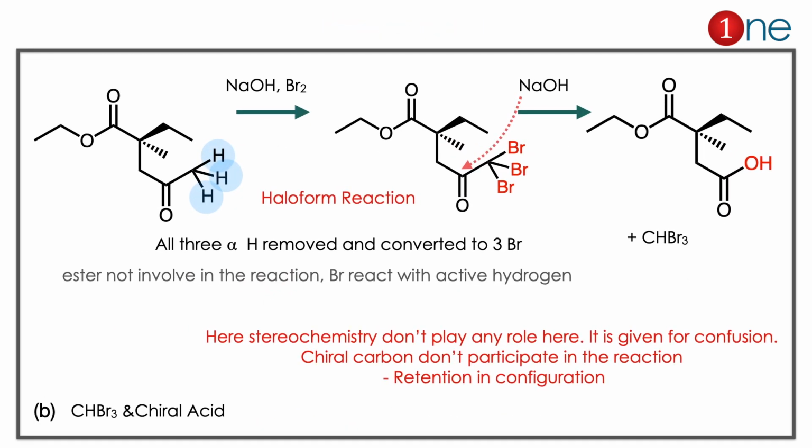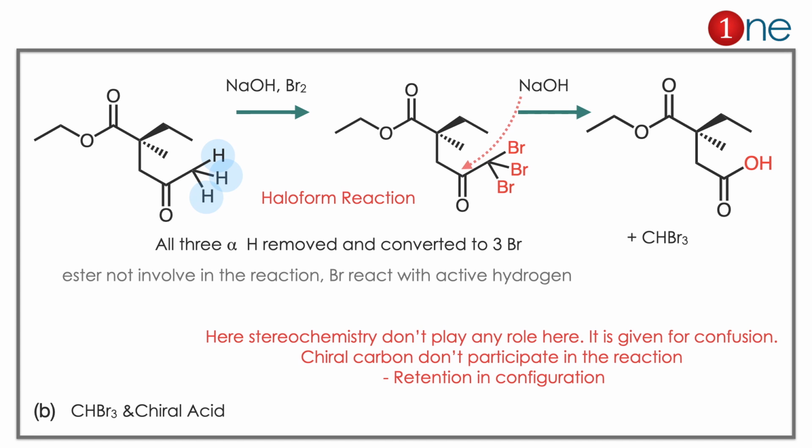Here in the starting material you have COCH3, you are using sodium hydroxide and bromine, so it is the ideal haloform reaction. So all the alpha hydrogens are substituted by bromine. So CBr3 is forming. So CH3 is converted into CBr3, 3 bromines replacing 3 hydrogens. In the next step you are using the base. The base attacks the carbonyl, you have the side product bromoform, which is CHBr3, and you have the acid in the main chain.